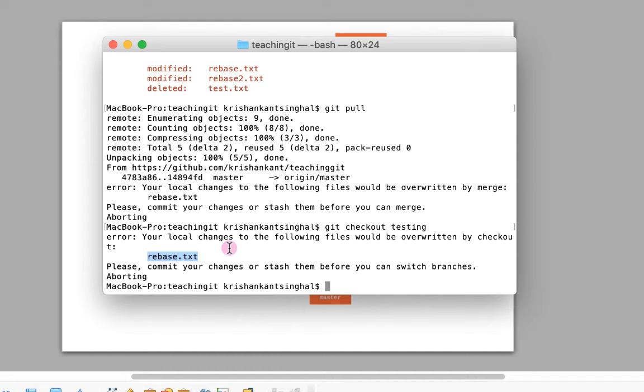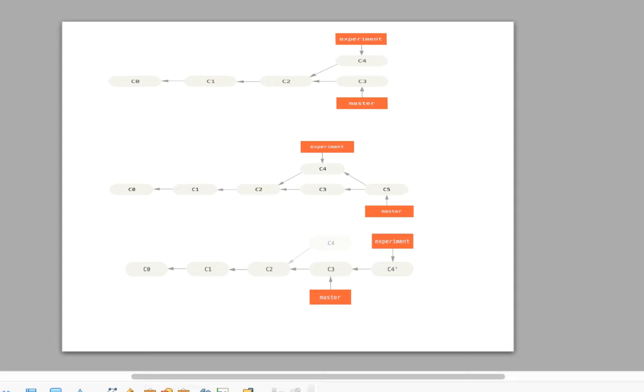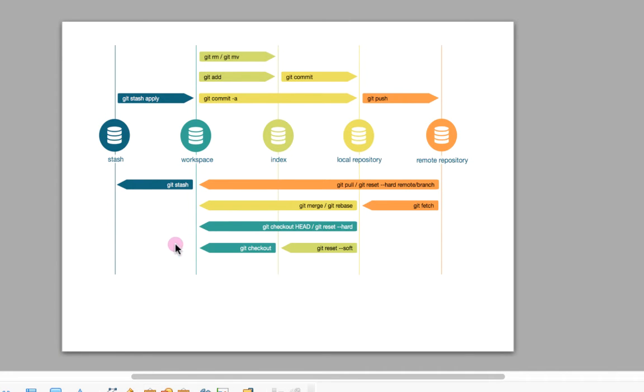So then what is the solution? We have to use git stash. This is a holistic view of our git repository. We talked about the workspace, then the staging area, then the local repository and the remote repository. When we are talking about git stash, it refers to your working directory and staging area.